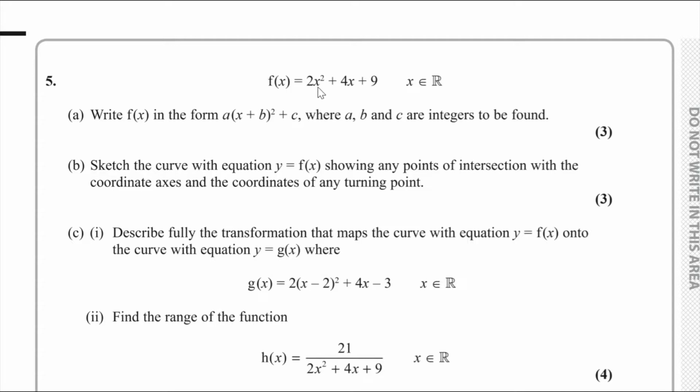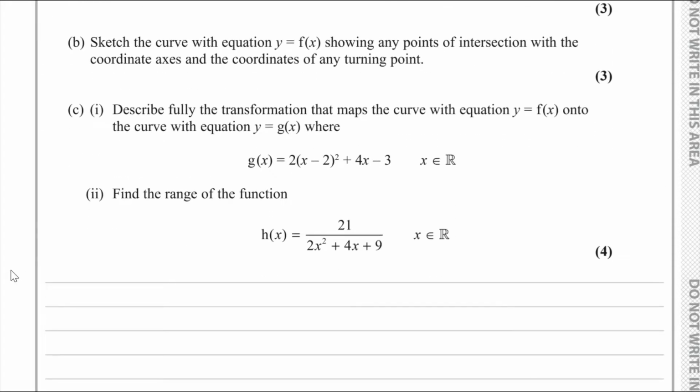f of x equals 2x squared plus 4x plus 9, where x is a real number, and we have to write f of x in the form a lots of x plus b all squared plus c, where a, b and c are integers to be found. Now, this form over here is in complete the square form, so we would have to complete the square for f of x. So for part A,